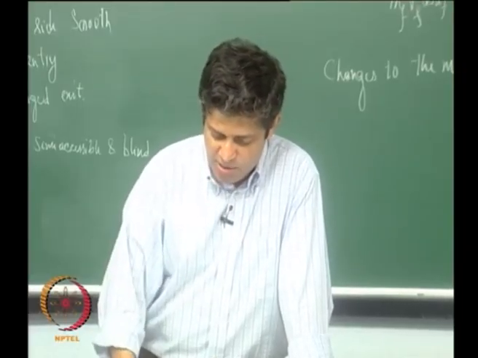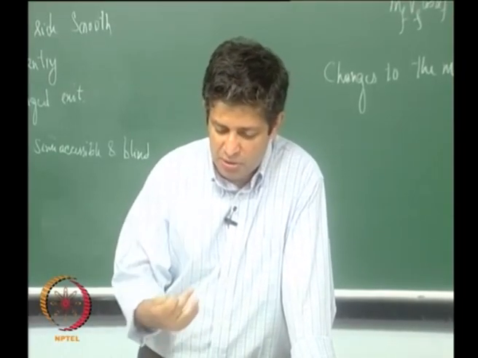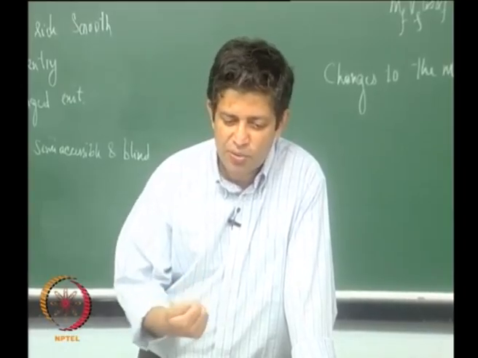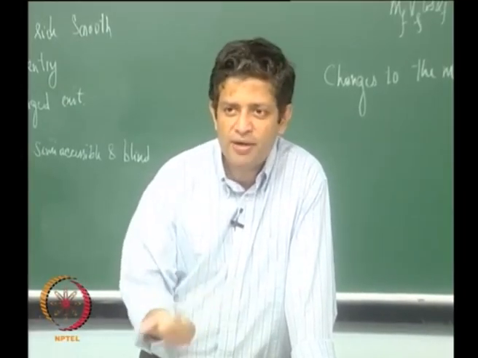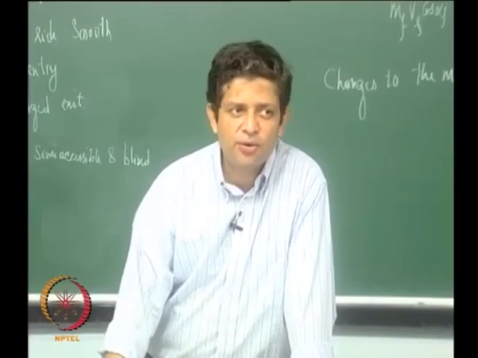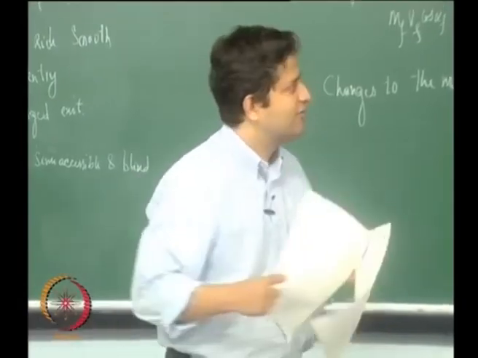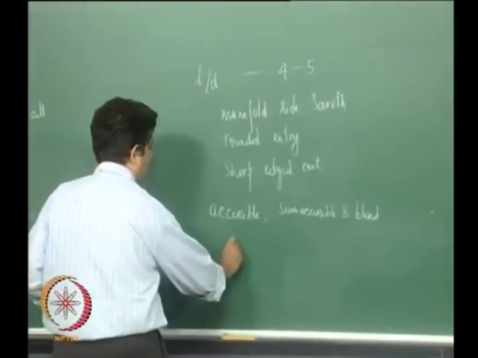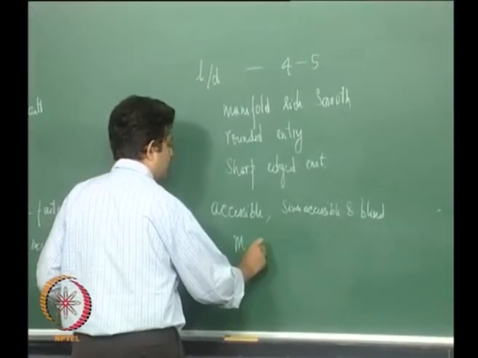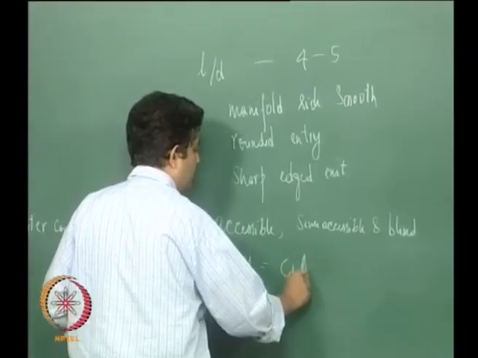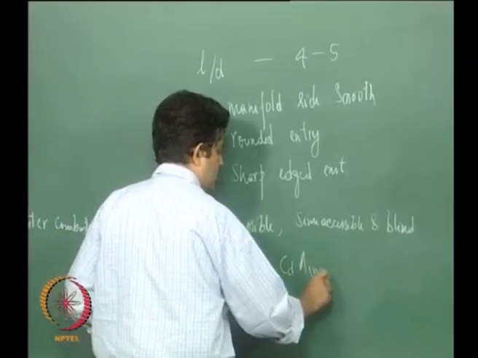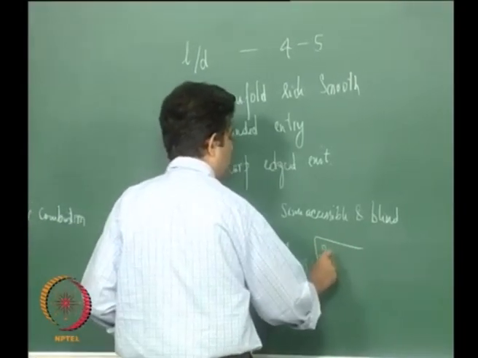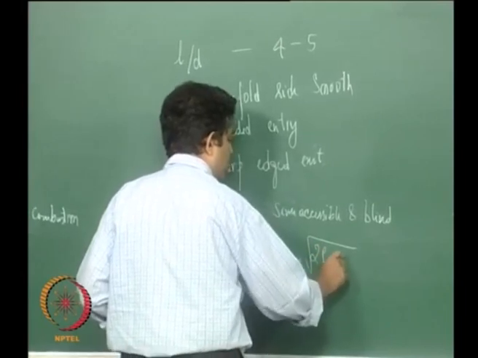Okay, now we have understood how injectors work, and we also know the expression for mass flow rate through an injector. We had said that m dot is equal to CD times A injector times the square root of 2 rho L